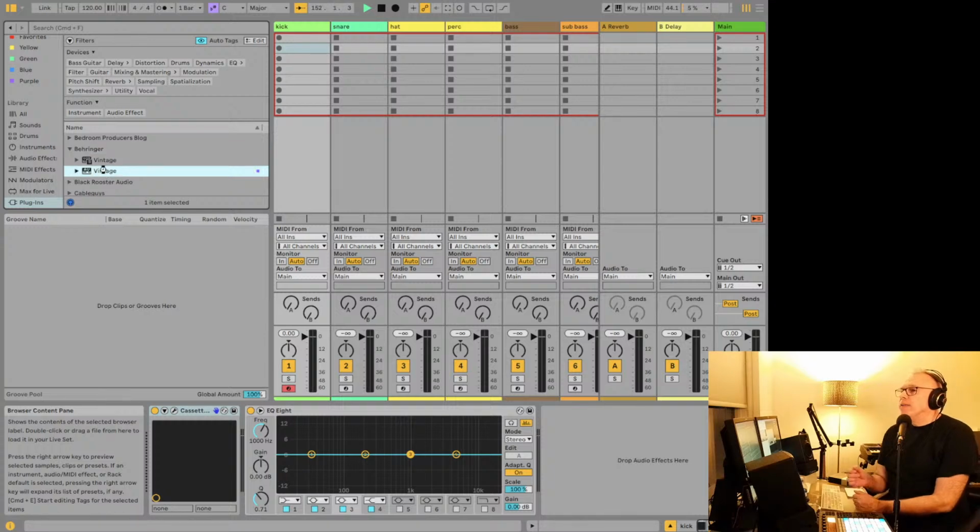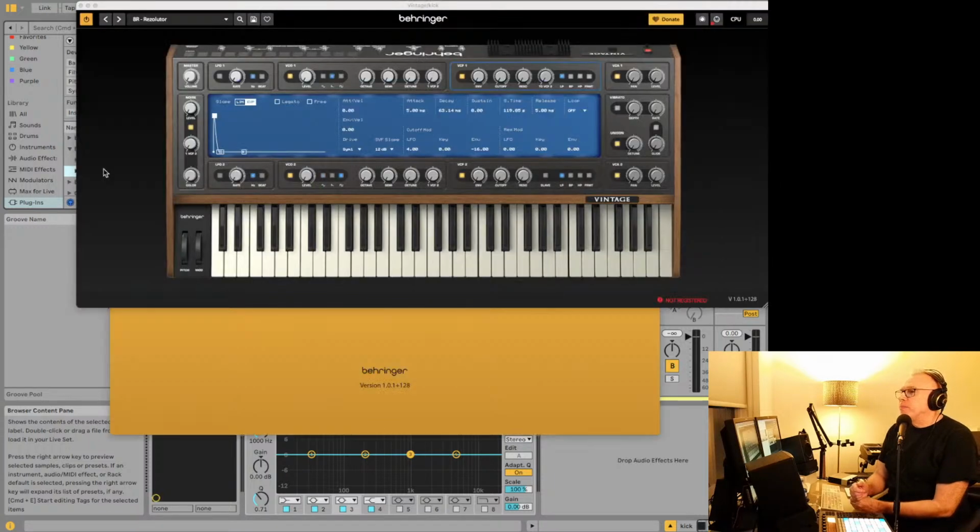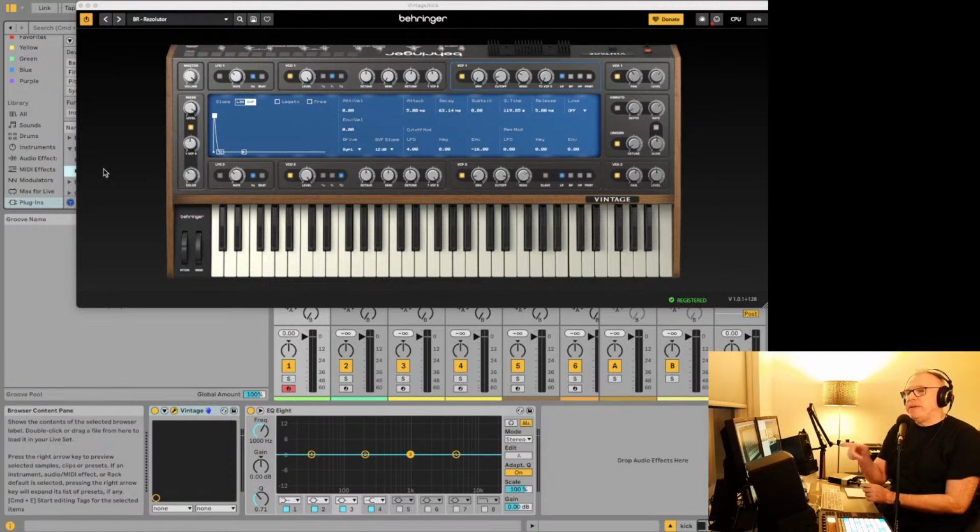Vintage. Oh, this is a synth that came out. This was weird because it came out and then they canceled the whole thing. I don't know if there was some legal issue or what it was. They canceled everything and it disappeared completely. And then all of a sudden they relaunched it. And I don't know if the relaunched version was any different, but